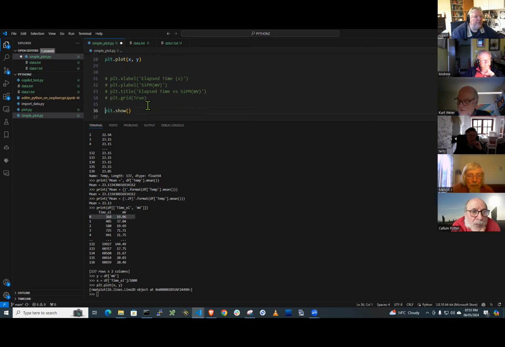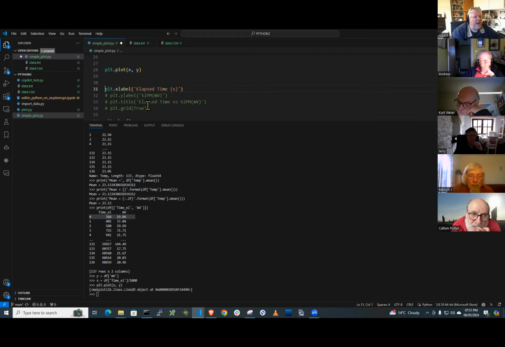But before we do that, I'm just going to make it a little bit nicer, and I'm going to do some labeling. So plt.xlabel allows us to put a label along the x-axis. So I've put elapsed time in seconds as the label. The ylabel is going to say